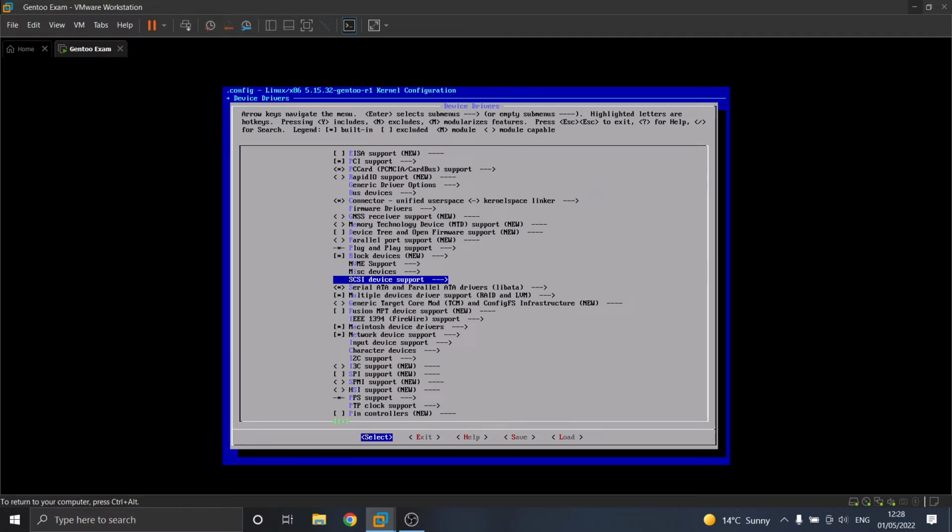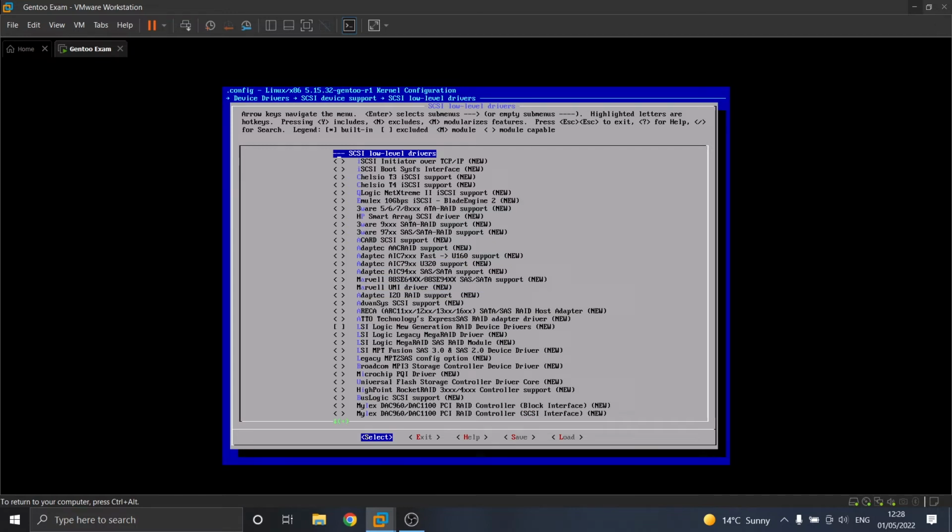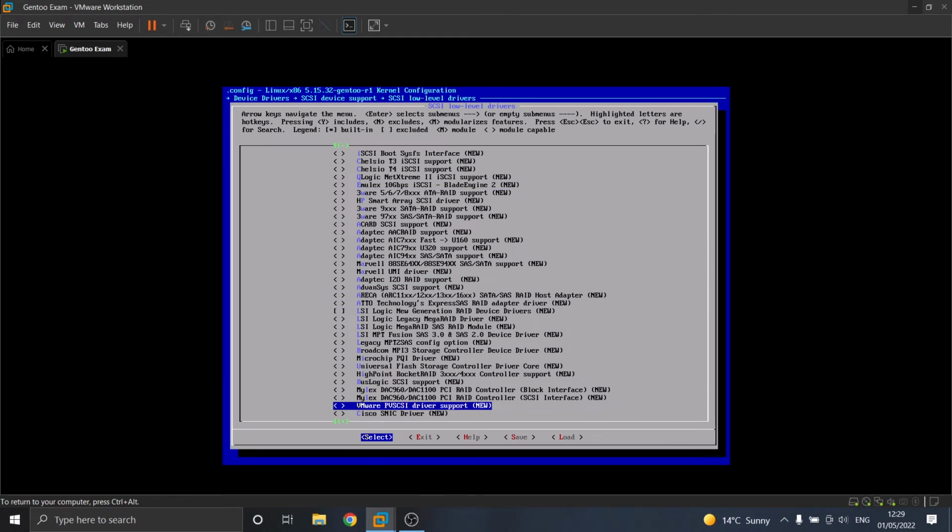We go back and we go to SCSI device support to enable SCSI low level drivers, which is, there you go, enabled as a star as well. Then you press enter to go inside and we have to enable VMware PVSCSI driver support. I believe this one is okay. I cannot see it here. Okay, there you go. Enable as a star. We have to go back twice